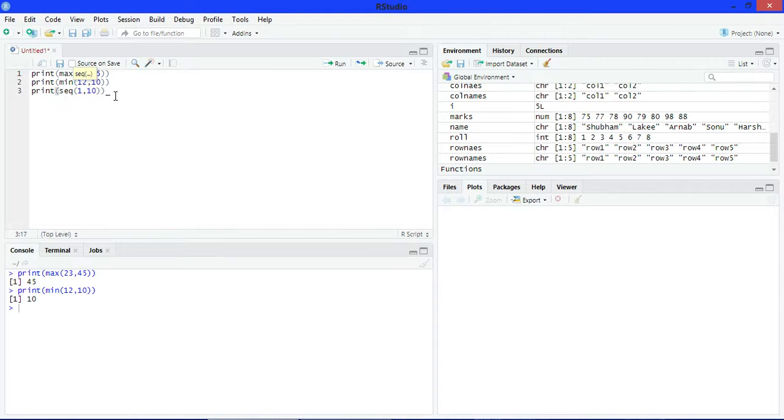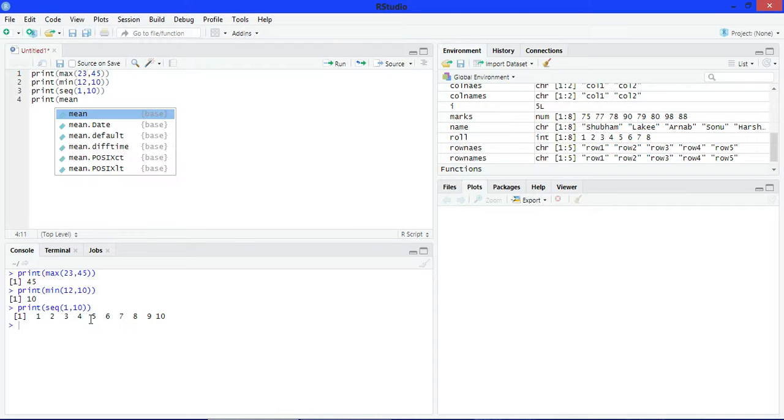This function gave the series of 1 to 10. See, the output is 1, 2, 3, 4, 5, 6, 7, 8, 9, 10. Print mean. This function returns the mean value from 1 to 10.